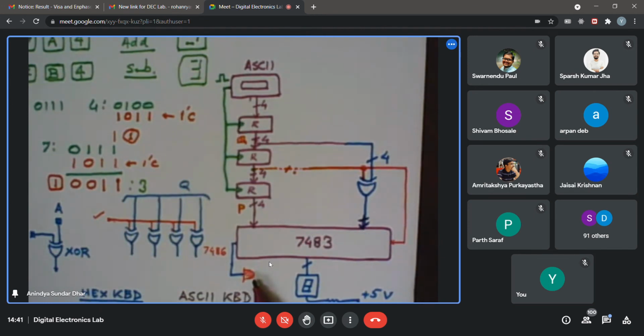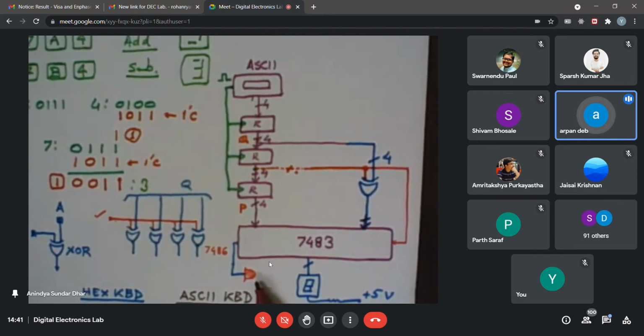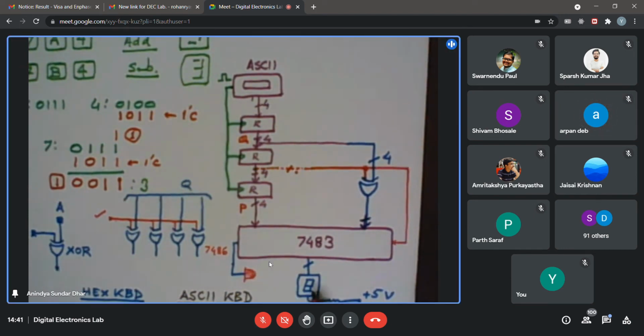Is that so? Yes. The output of the XOR gate should be high and the lamp should not glow. In that case only, our answer is negative. Okay, so we know that the answer is negative, and then we can interpret it like it's a 2's complement of that. From that, probably we can make out what the result is. But for a general user, it might be difficult. But for us, who are aware of this binary arithmetic and when the carry is being generated or not, probably we can make out that the result is negative.